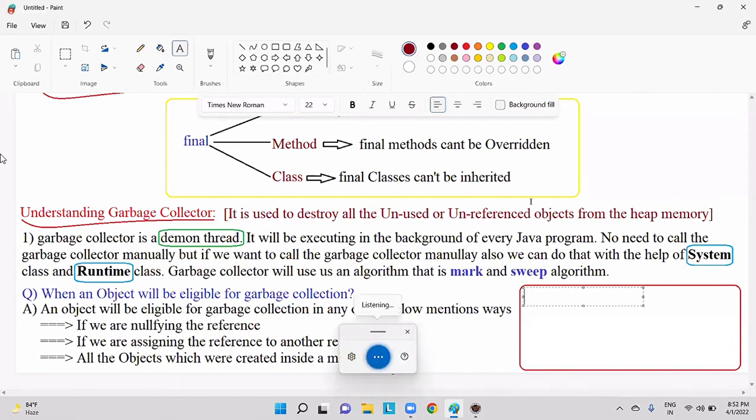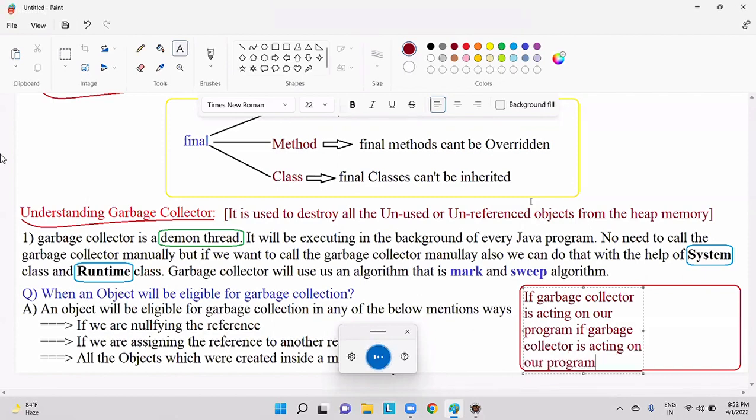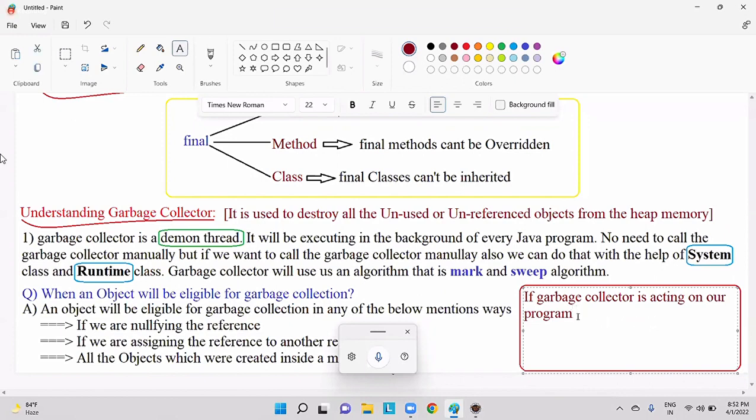If garbage collector is acting on our program, it will internally call the finalize method.